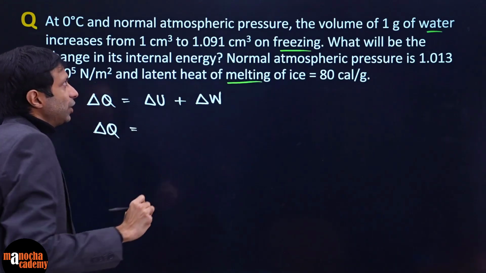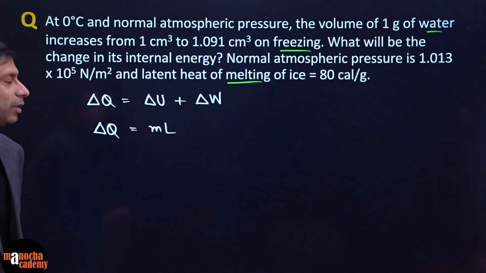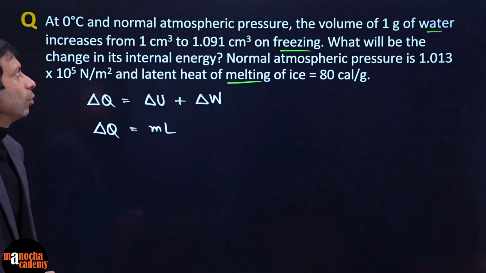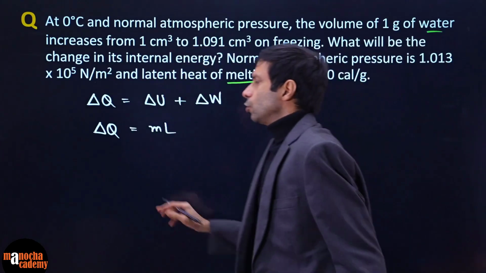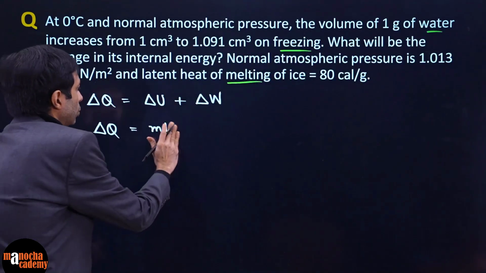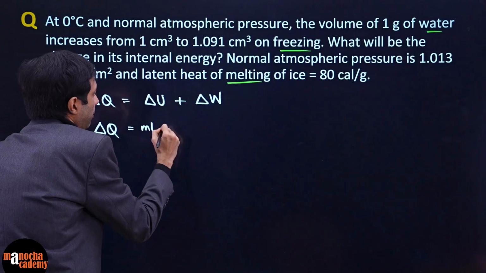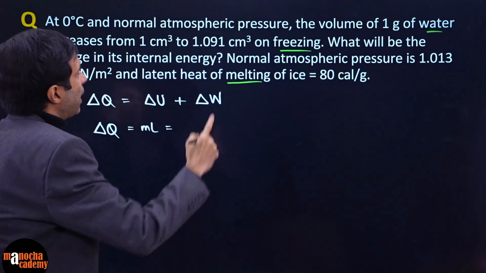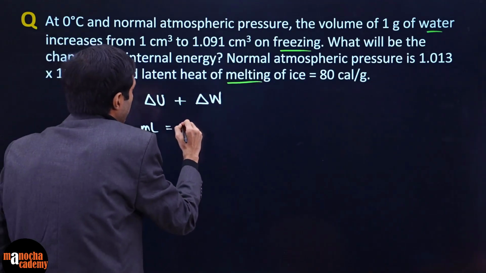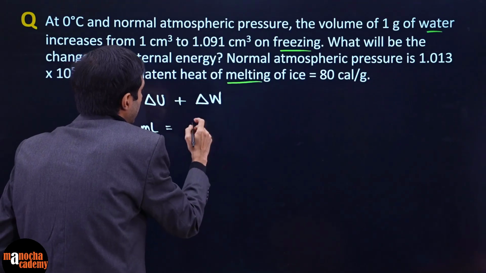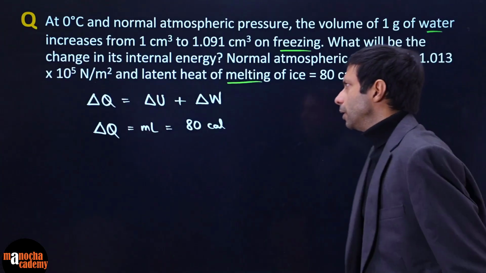Okay. Now guys, tell me what is delta Q? Because it is a change of state, I have to apply ML, right? MC delta T is for increase in temperature. So will you directly use this here? How will you do it? So will I say the change in heat, delta Q, is ML, which means mass is 1 gram and your latent heat is given as 80 calories per gram. So do you agree that this should be 80 calories? Is this the correct answer? Yes or no?